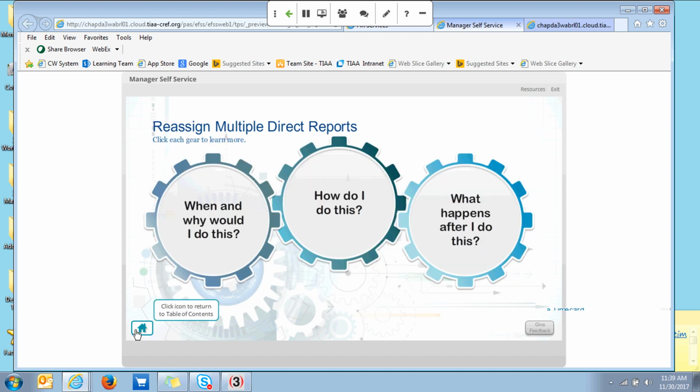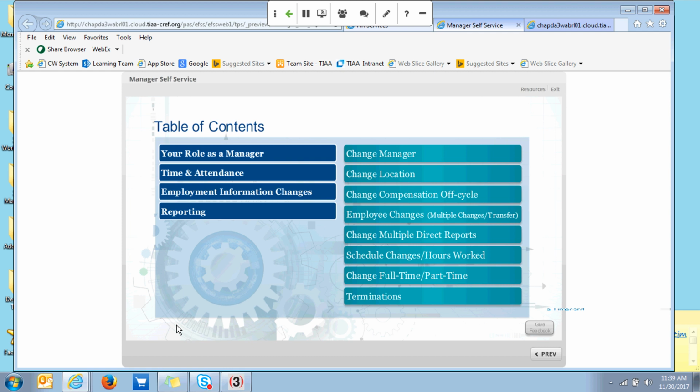That is the overview of the Manager Self-Service Resource Tool that will be available to you. You can always reach out to anyone in HR Services with questions. Again, there are the job aids, and you'll have this really cool tool called WalkMe inside the transaction itself. So we hope that you feel very well supported in using this. With that, I'm going to turn it back over to our moderator, Susie, so that she can open the line for questions.